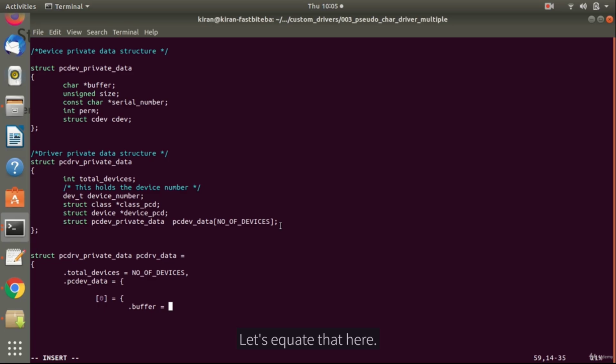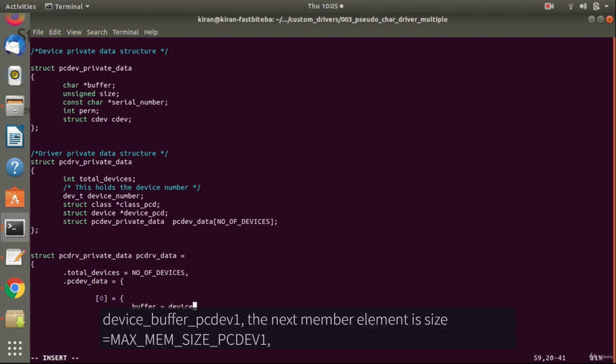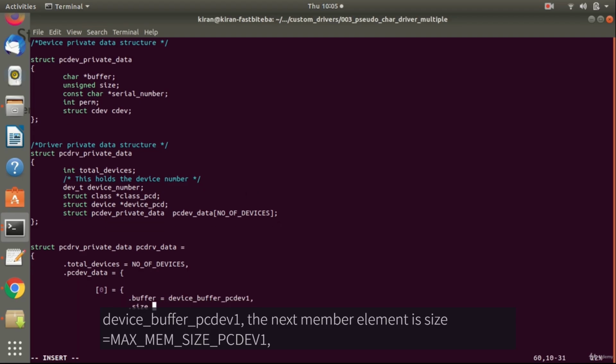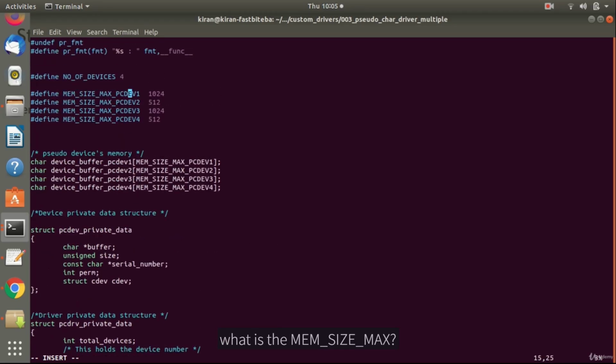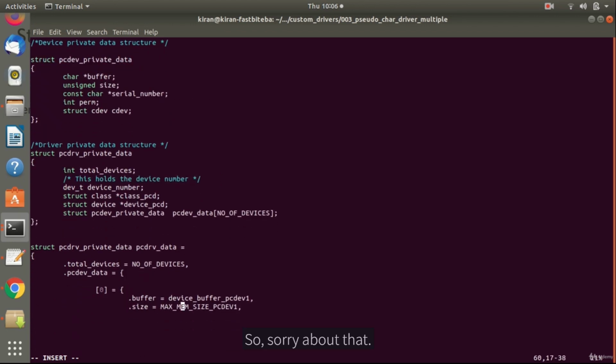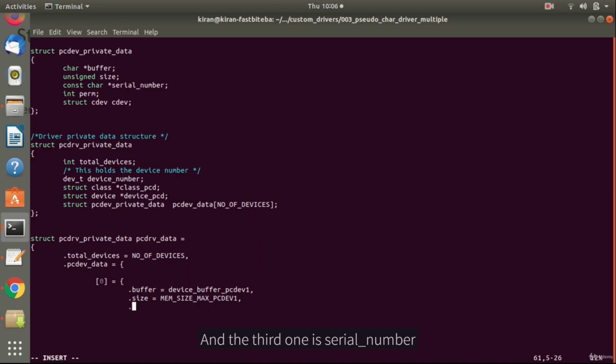Let's use that address here, device buffer PCDEV1, comma, the next member element is size is equal to max mem size PCDEV1, comma, what is the macro? Mem size max. So sorry about that. mem size max, and the third one is serial number